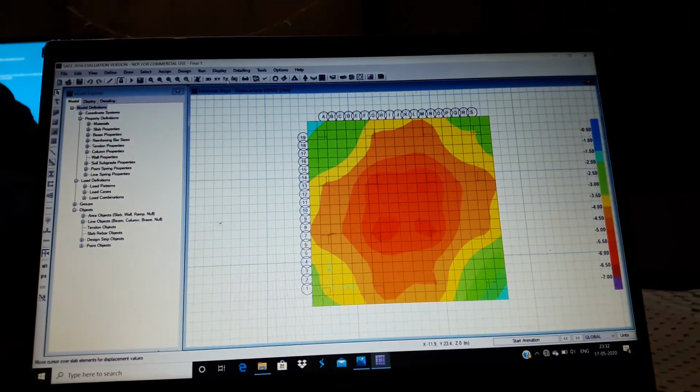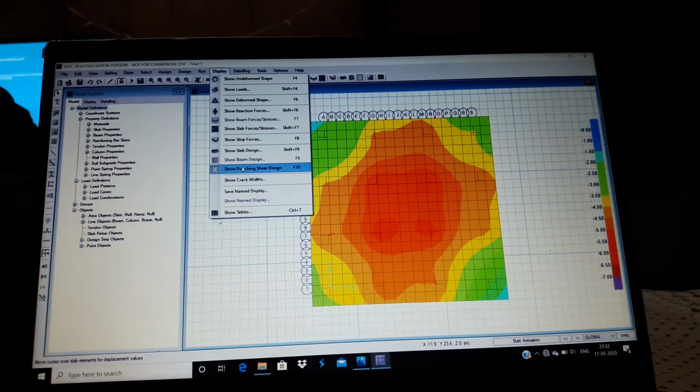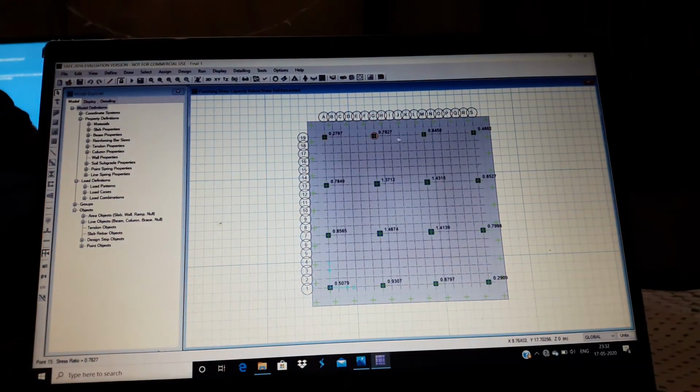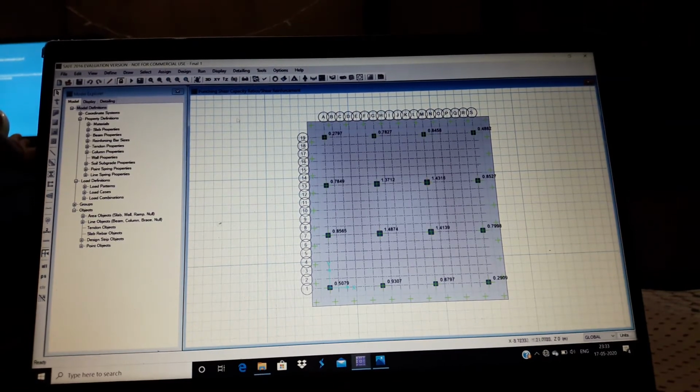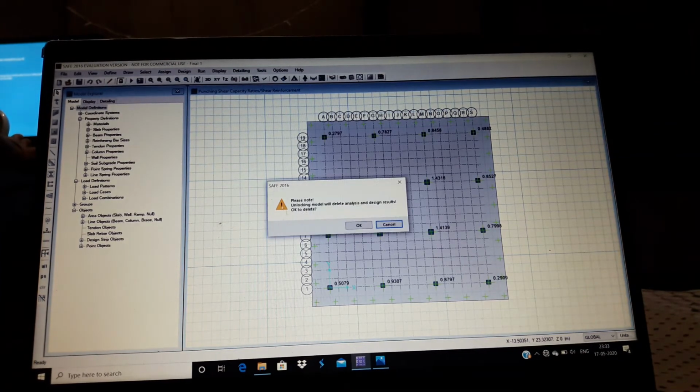Again display the punching options, show punching design. Again you can see that some values are greater than 1. Repeat the same procedure again.